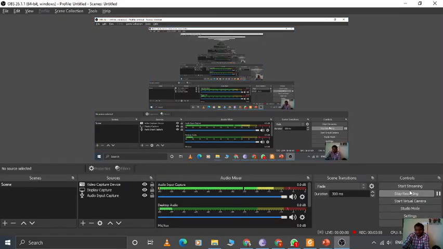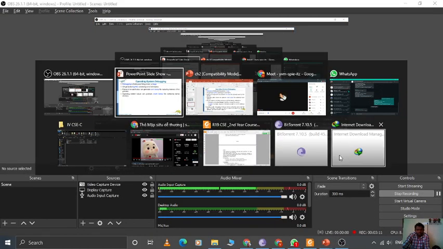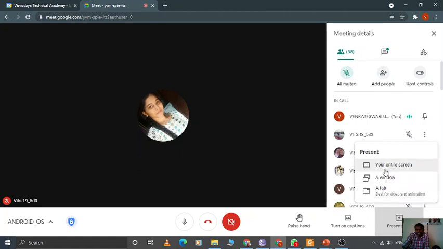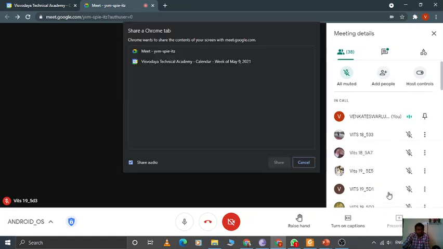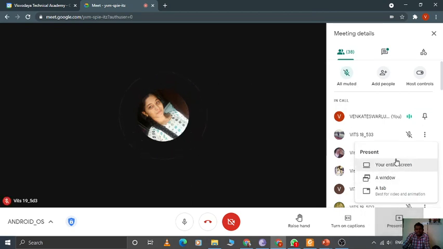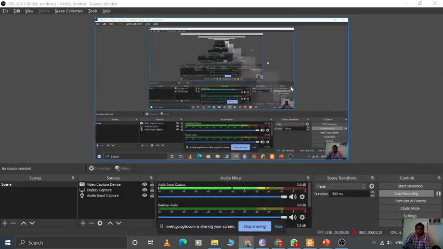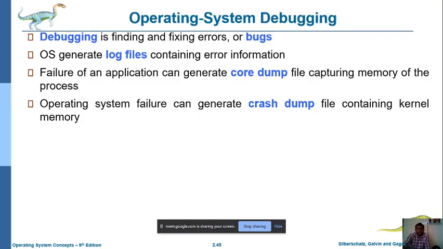How much of the process was completed, and how much of the process remains to be processed. Such information is maintained as log information or file information. That is nothing but a core dump or crash dump file. This file contains information about which process crashed, at what time it crashed, and at what progress it crashed. Such information is maintained by the crash dump.